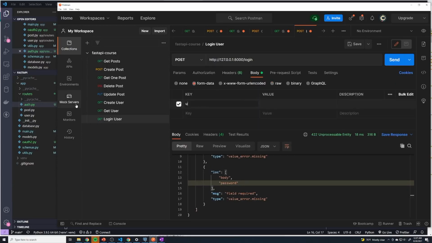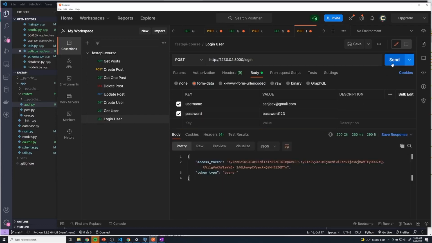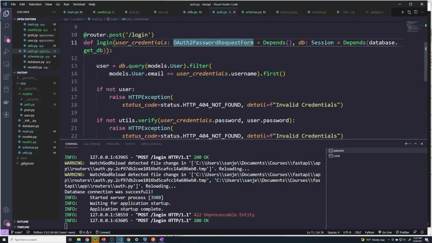So here I'm going to say username, and this is going to be my email in this case. And then my password here. And so let's try this now. And now it successfully works. So those were the couple of changes that we have to make. But you'll see that it makes life a little bit easier by setting up that dependency and using the built-in